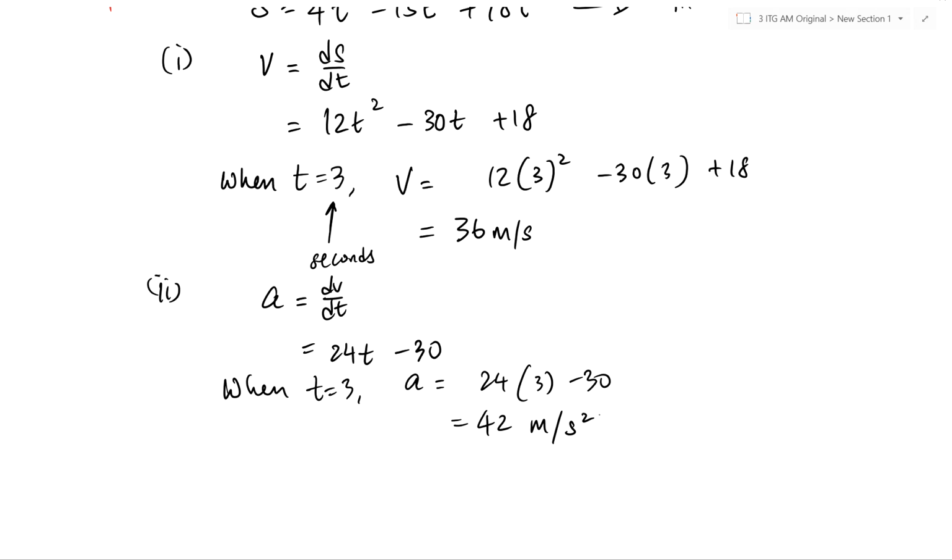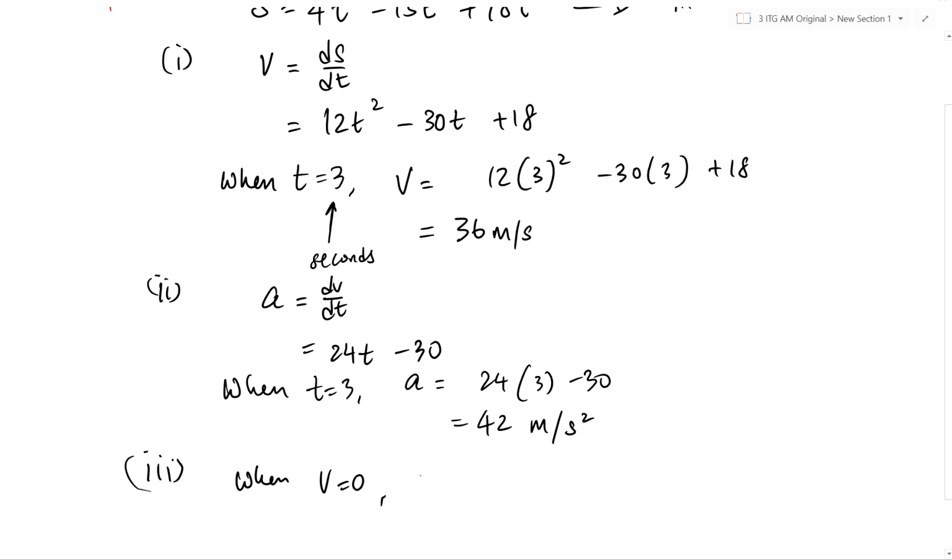Okay. Find the values of t when it is instantaneously at rest. What does that mean? Instantaneously at rest means it is not moving for that moment, that particular instant in time. Okay, so when it is not moving, it means that v is equal to 0. So we have to go back to our expression for velocity and set it to 0. Okay, so for part 3, when v equals to 0, we